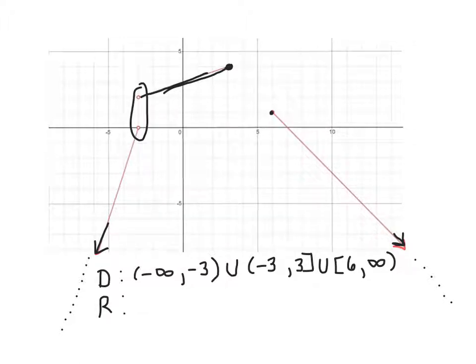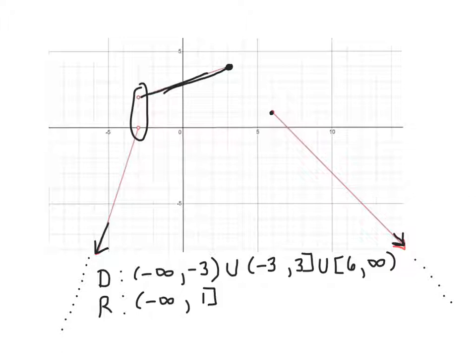Let's talk about range. So if you talk about range, the lowest y value is obviously going to be -infinity, because you actually have two parts of the graph that are going down. Now this is a little tricky, because if you look here, this is where this part of the graph stops, at a y of 0, not including 0. But over here, this part of the graph goes all the way up to 1, including 1. And it doesn't have to be both parts, it's just either part, because it's any y value on the relation. So in this case, for the range, it goes -infinity to 1 with a bracket, because that's the y value